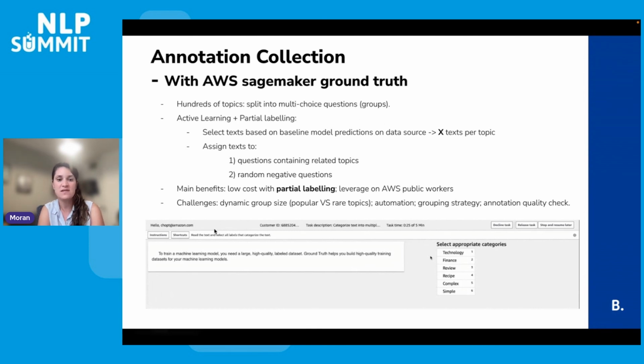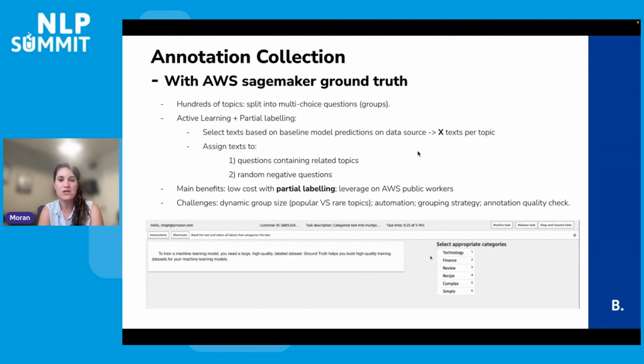Then we can assign, here you can see some example for AWS, for each kind of text, what are the relevant topics that we want to annotate. If we have 300 topics, instead of having all 300 topics multiplied by a lot of text, we can do partial labeling and just label the topics with high probability to be relevant for the text. And this idea we use in order to collect annotation in a smart way.